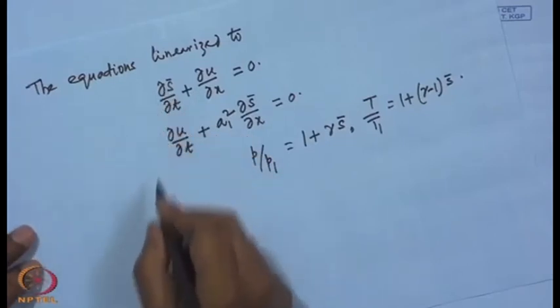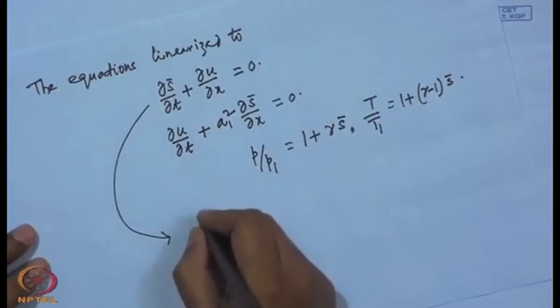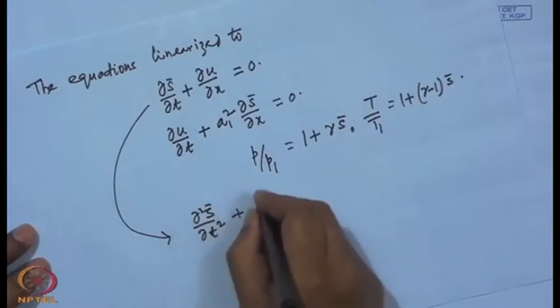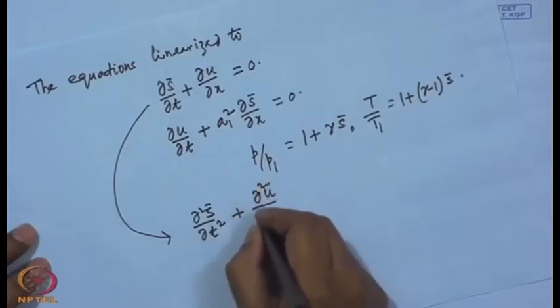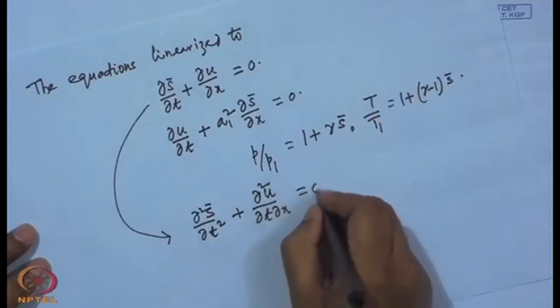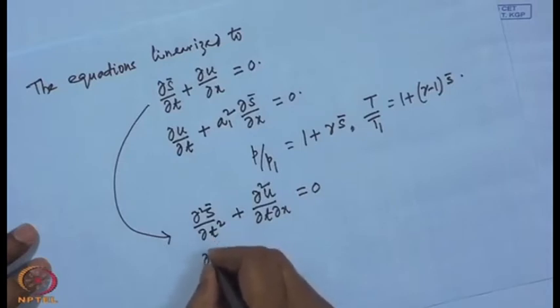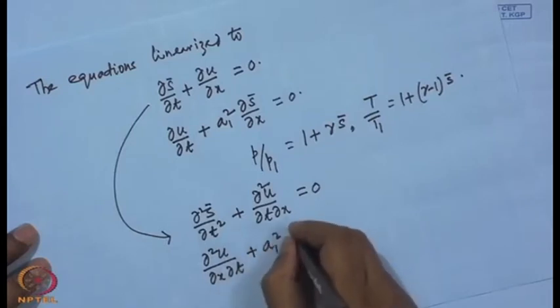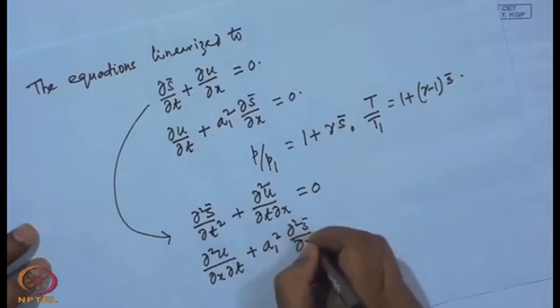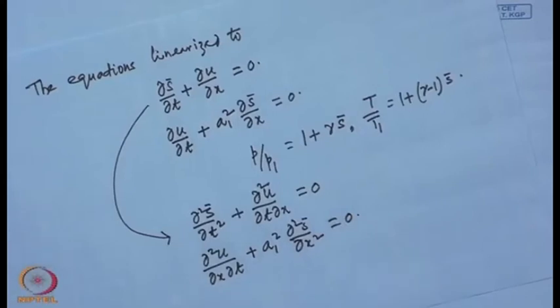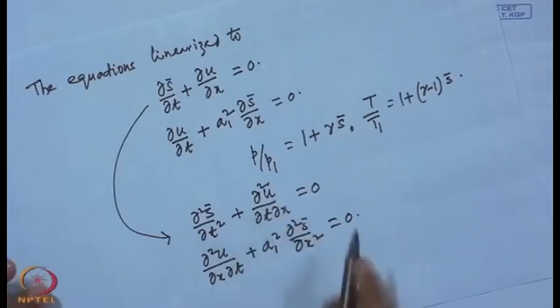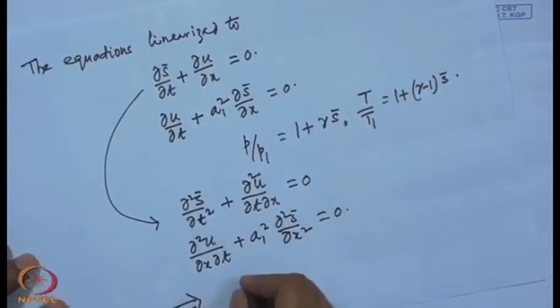Differentiating the continuity equation with respect to t, we have, and since the order of derivative in these two terms are immaterial, these results into